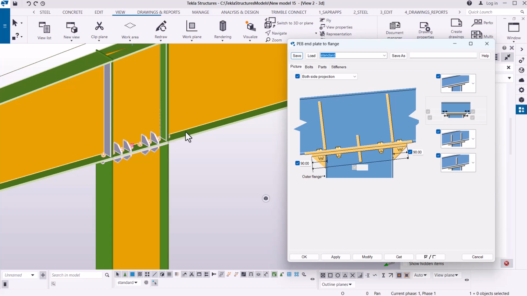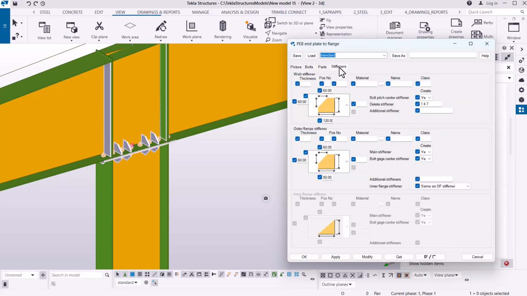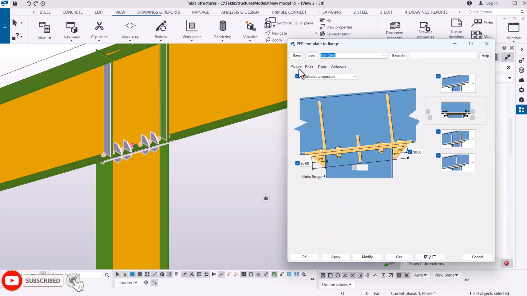Once I double click on it, I'll be able to disable the stiffeners on the apex side. So if I come here, I'll be able to come to stiffeners. Under stiffeners, I'll give some time to load that information. Under stiffeners, I'll go to the direction where I'll be able to see the stiffeners, and the thickness I didn't enter there. So let me just come to picture here. So under picture,